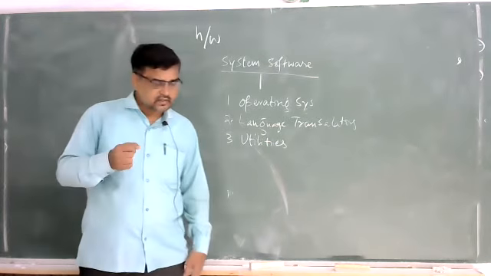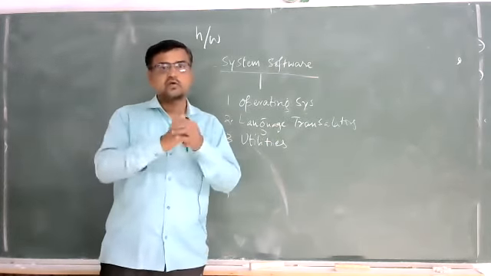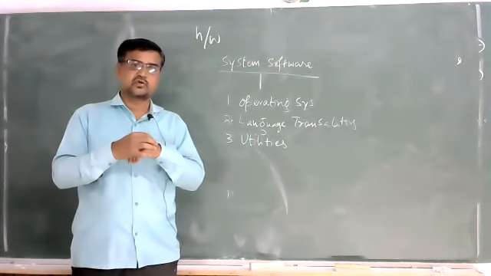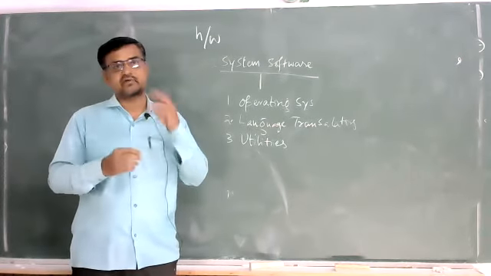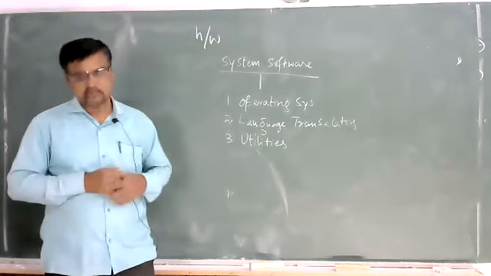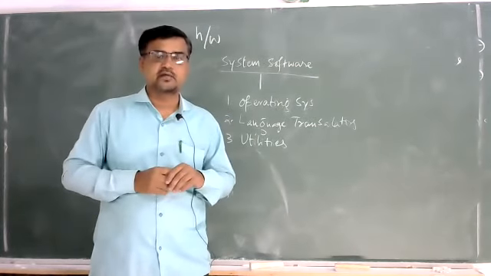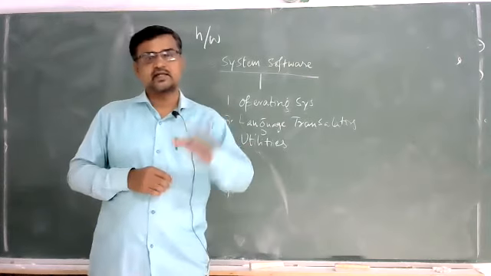So what happened is, how did this grow? That also you should know. When you understand language translators, you should also understand 3 types of languages. The first type of language is machine language itself. If I write anything in terms of ones and zeros, the computer will very easily understand.